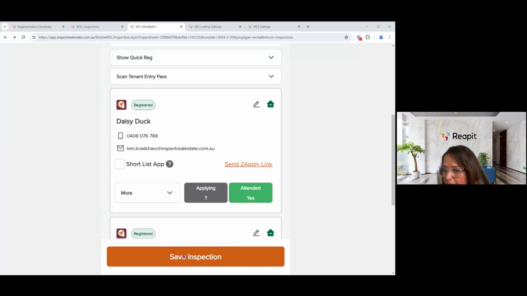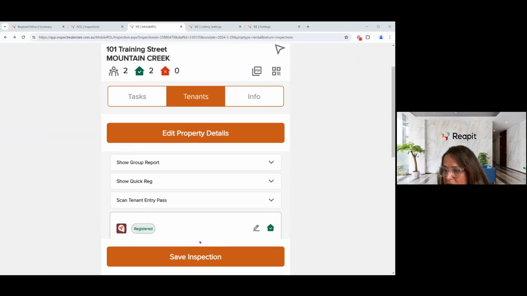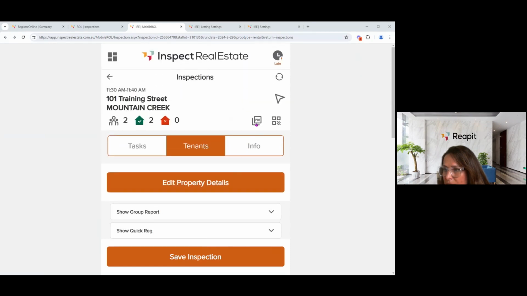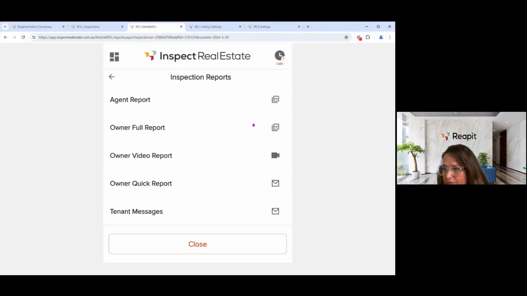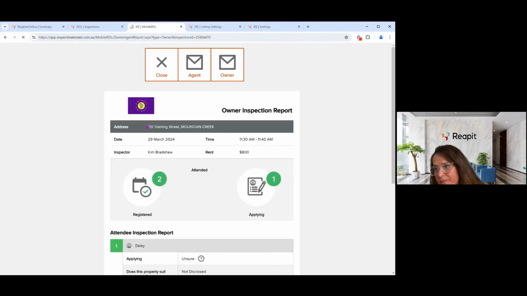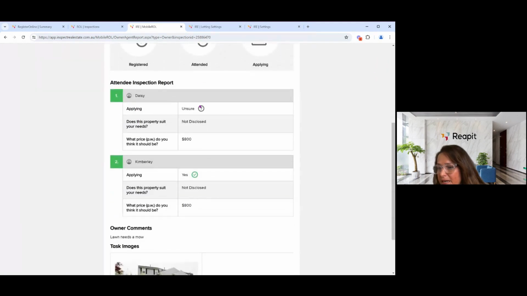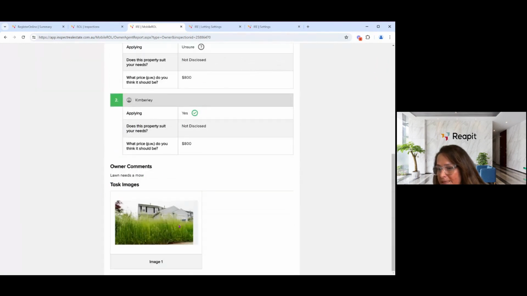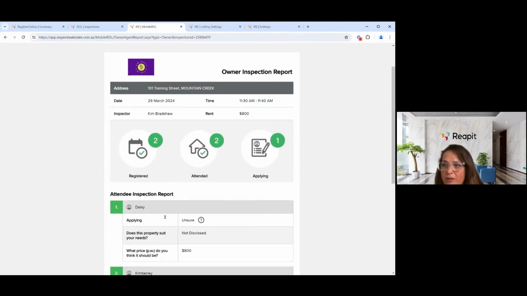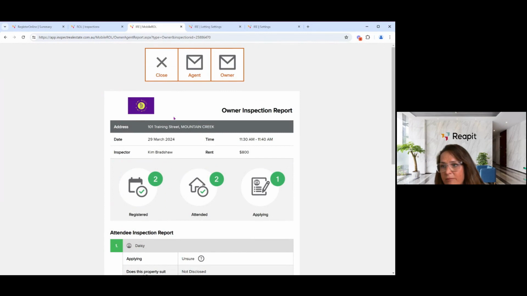Now, once we save that inspection, it's going to generate our little PDF. And this is where we can decide whether we're going to send that PDF to our owner at that point in time. Again, those little comments that we made about the lawn needing mowing, we've also included that picture. So now the owner can see for themselves in that report that they need to spend some time getting that